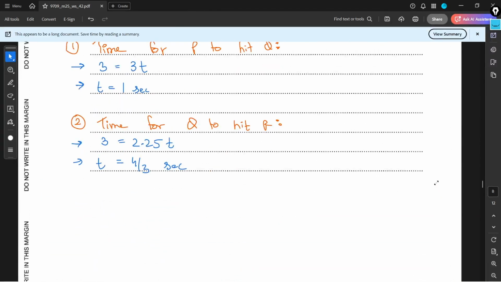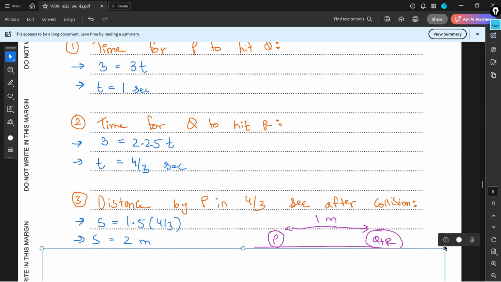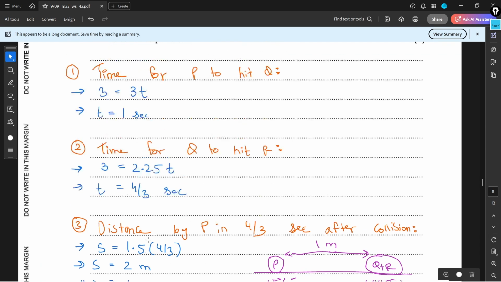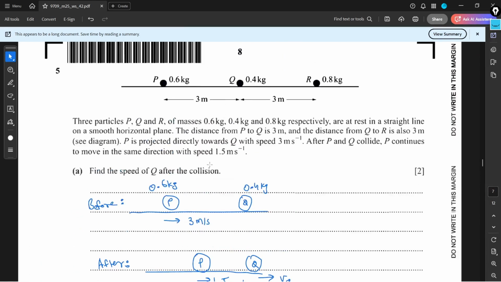And that is what I have calculated in the next part. So S is equal to ut is what I'm using again. The value of the speed is now 1.5 after the collision, and it's multiplied by 4 by 3, which is the time. So I can say that the distance traveled by the particle P is 2 meters. So once P has collided with Q, it's going to travel another 2 meters when Q is going to meet the particle R. So between the particles QR and the particle P, there is only 1 meter of difference